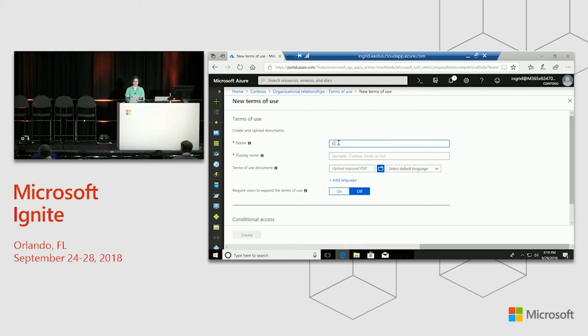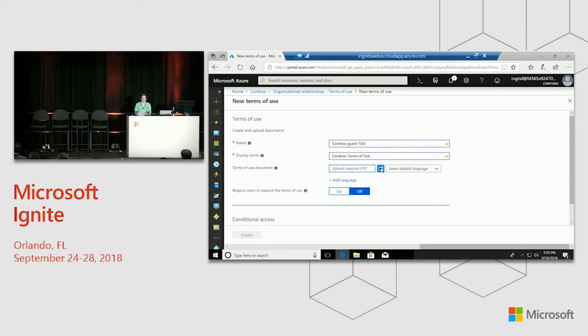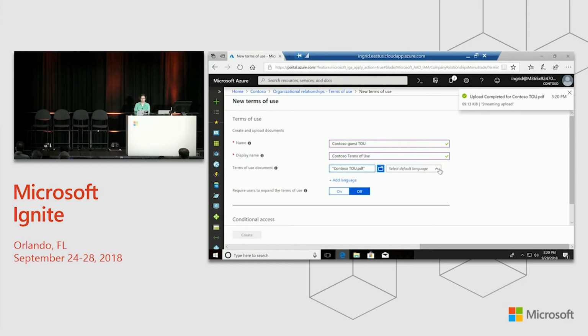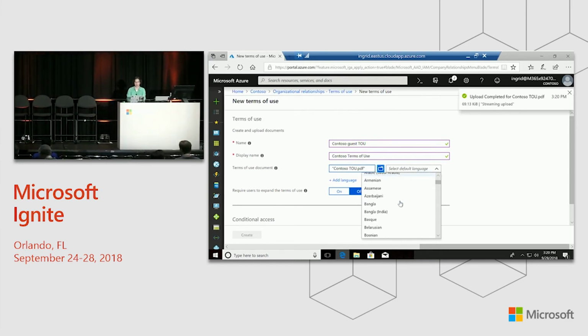She'll call it TOU guest TOU. And this is probably the only example in history where I'd actually want to use the example text that's in the box, but I gotta type it out. And then I'll upload that PDF and tell the system what language it's in,